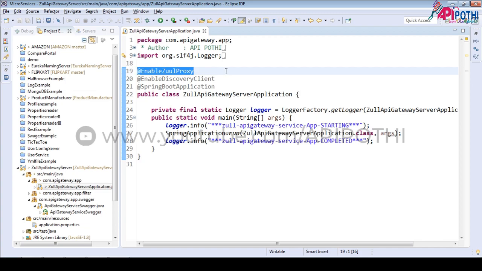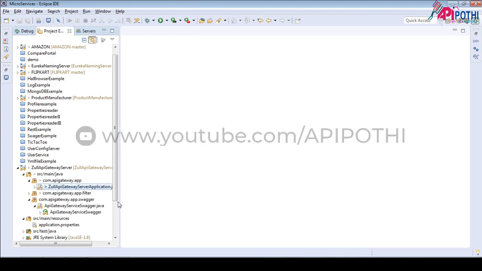This annotation only tells that this is the API gateway project. That's all, no more things required. So if we add this annotation, it means that this is the API gateway. That's all. So we are done with our first class.